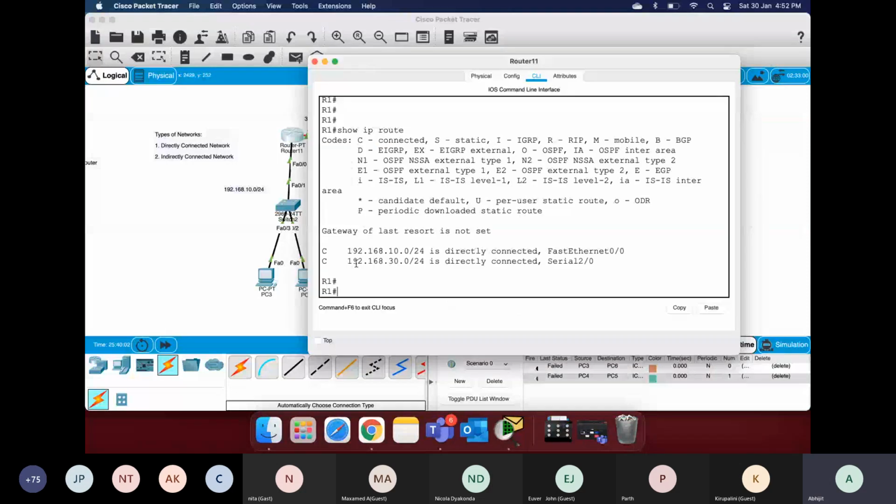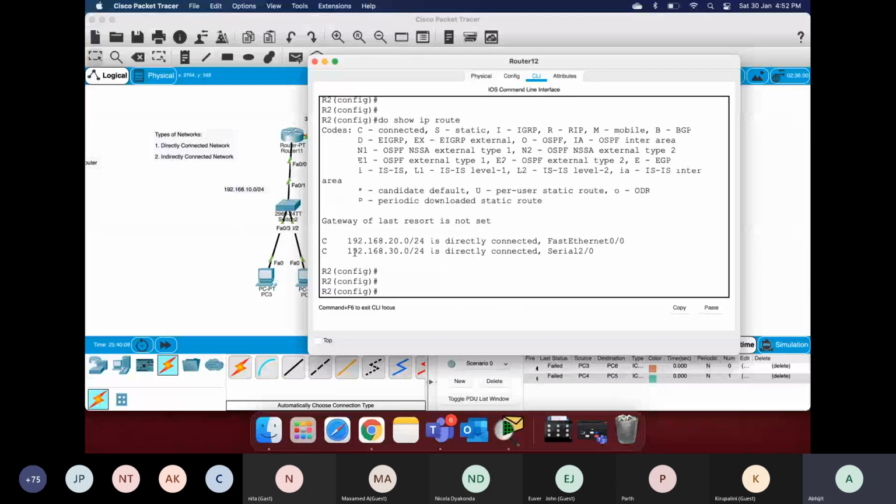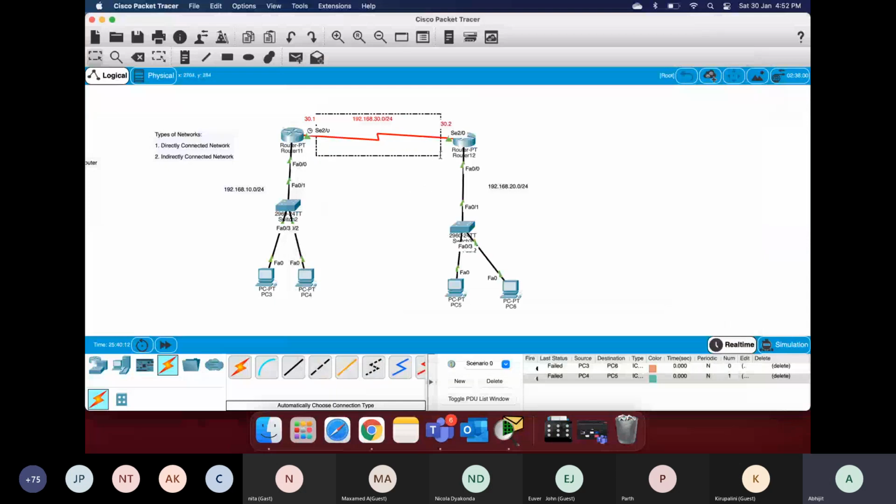You can see that the R1 only knows about the 10 and 30 networks, and the R2 only knows about the 20 and 30 networks. So you can say that 30 is kind of a common network that both of them know about. But R1 doesn't know about 20 and R2 doesn't know about 10. And that's why if I try to